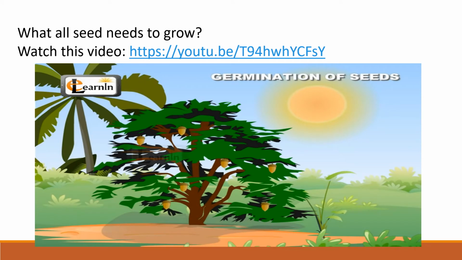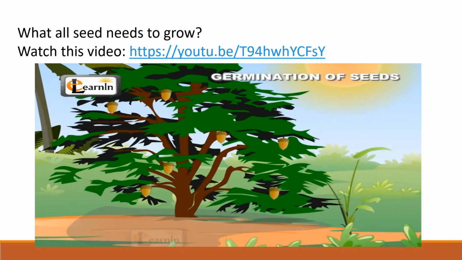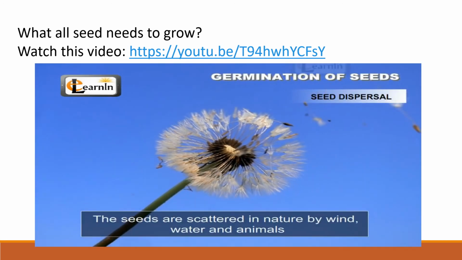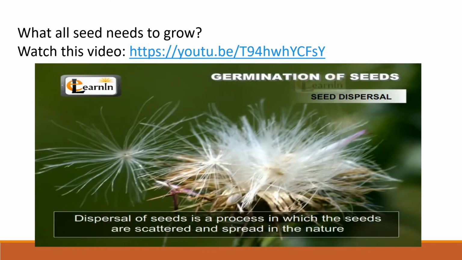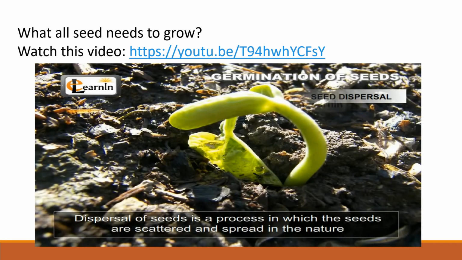Seed dispersal. We know that seeds germinate into plants. What if all the seeds of the plant are sown below the parent plant? The new plants would not survive because the place would be too crowded and they would not get enough sunlight as well. To avoid this, the seeds are scattered in nature by wind, water, and animals. Dispersal of seeds is a process in which the seeds are scattered and spread in the